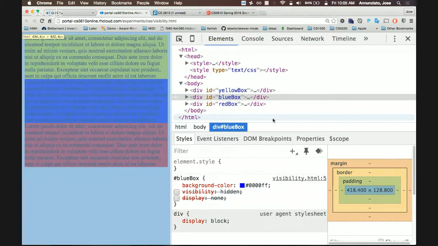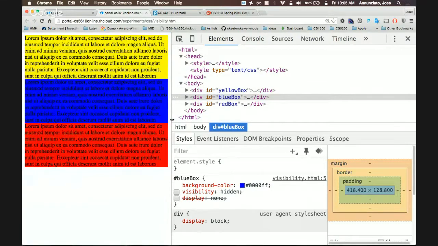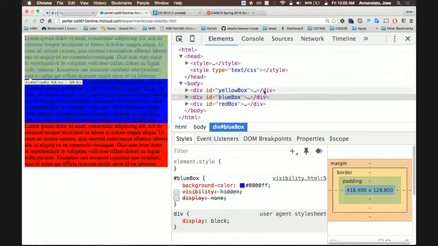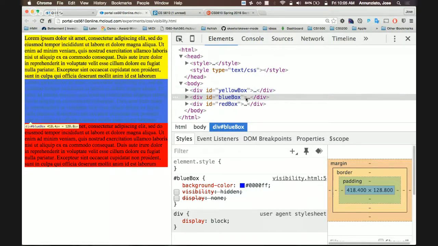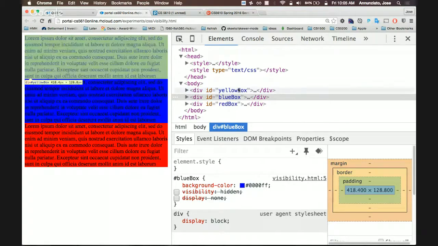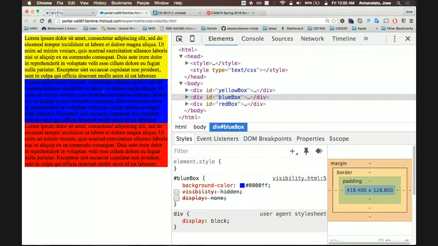That's the default behavior. And then at the end of that div, when it closes the tag, it adds vertical spacing. It says, okay, the next element renders in the next line, and that's how this blue is rendered after the yellow. So I wanted to just show you this because the next